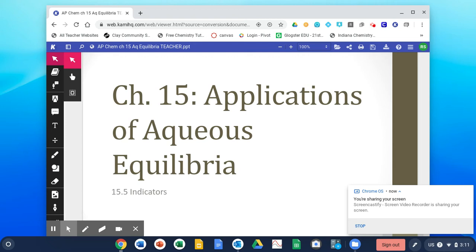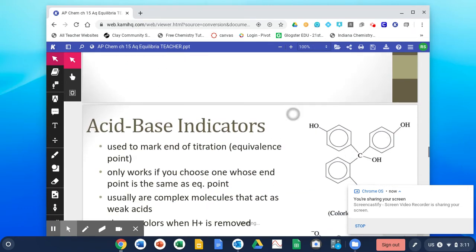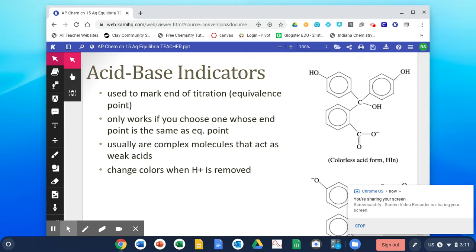Today we're going to look at how we use indicators. Fortunately, you're coming at this from a perspective you've already used them. We've used phenolphthalein, we've used methyl orange, we've used iodine and starch as indicators of when to stop a reaction, and that's exactly what an indicator is for. It's used to mark the end of the titration, which is the equivalence point,